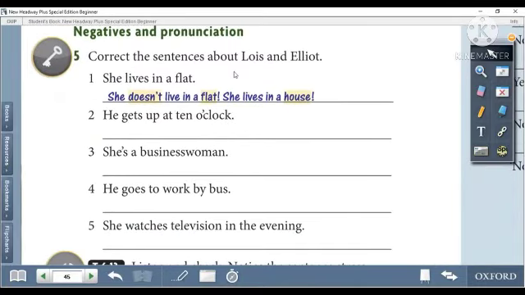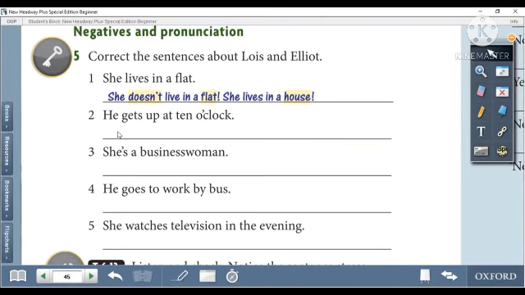Okay, we have here this part talking about negatives and pronunciation. Correct the sentences about Lewis and Elliot. She lives in a flat. Is it correct that Lewis lives in a flat? She doesn't live in a flat. She lives in a house. هنا المفروض انك حتنفي المعلومة